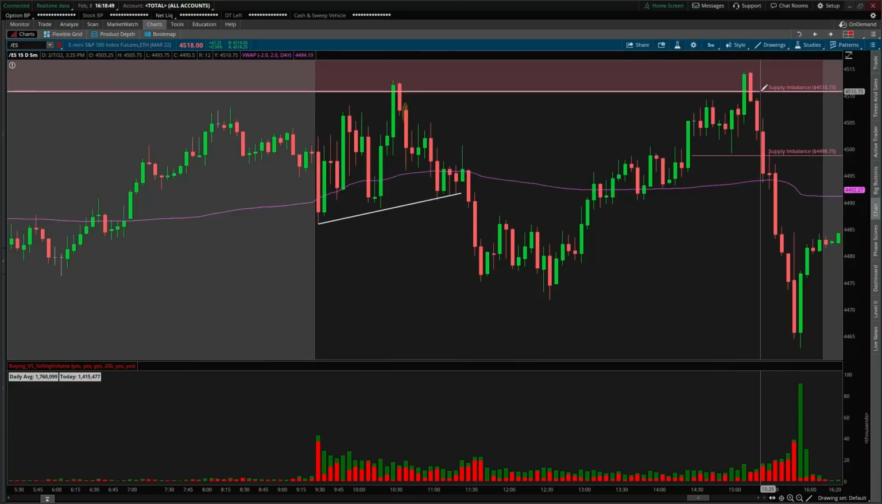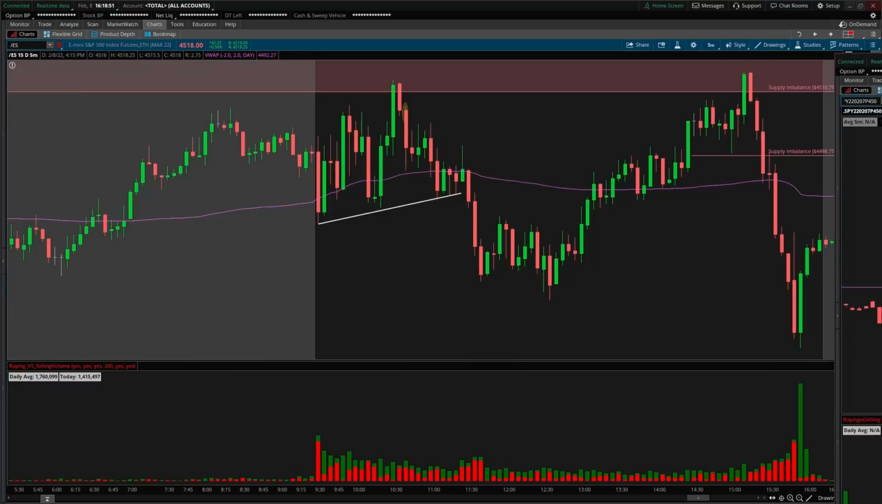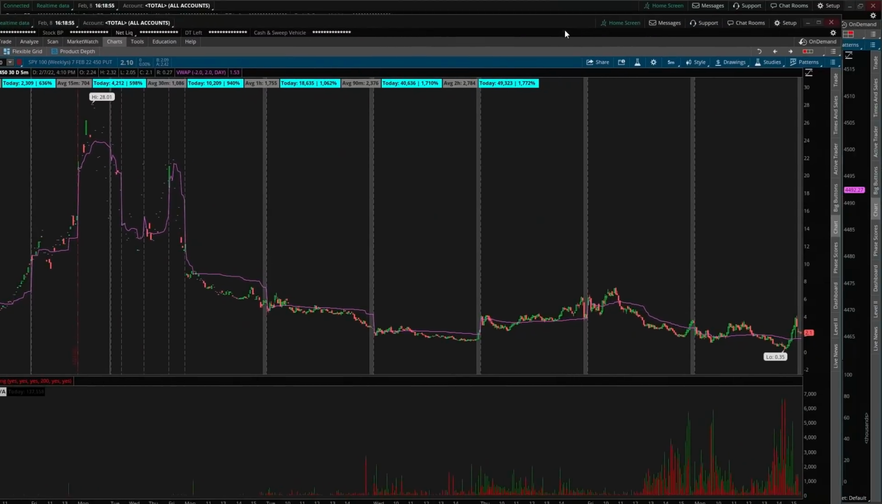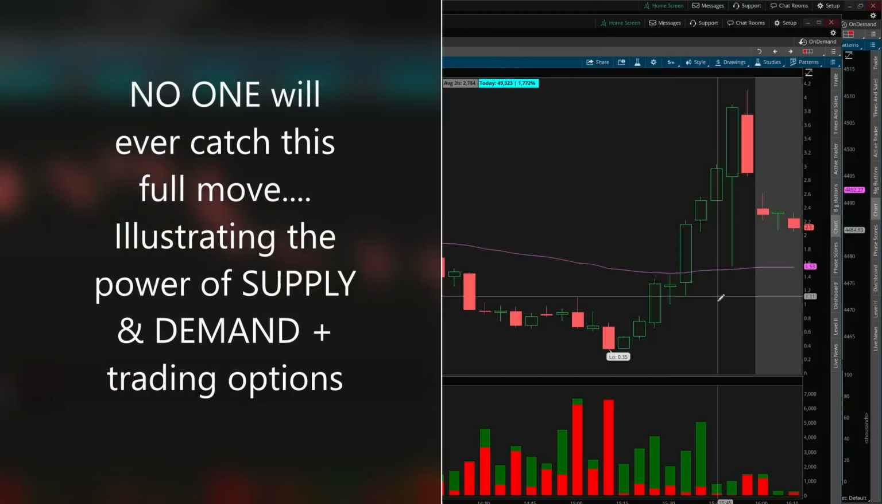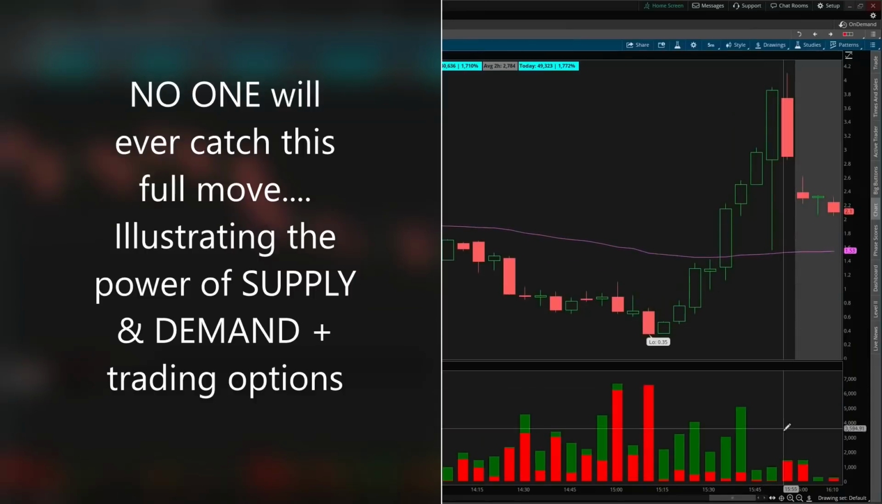And then as soon as we started to move back down, sellers aggressively kept hitting the market and gave us enough pressure to move us lower. At this point, this is just showing you the power of options. No one's ever going to get the low. No one's ever going to buy the